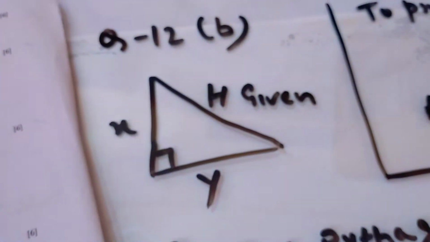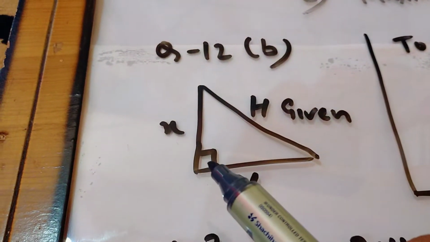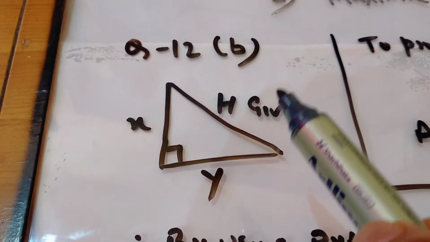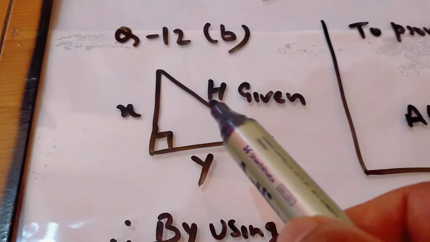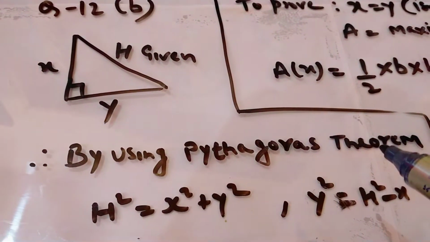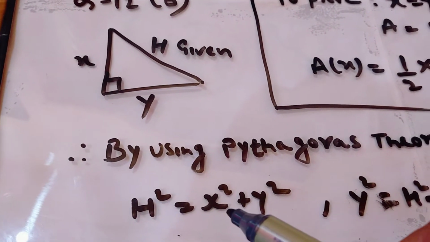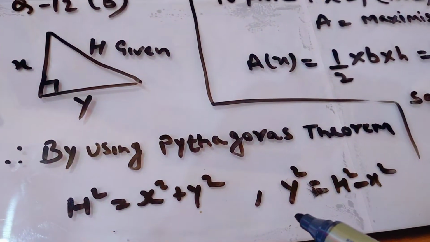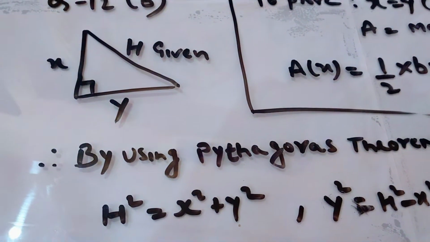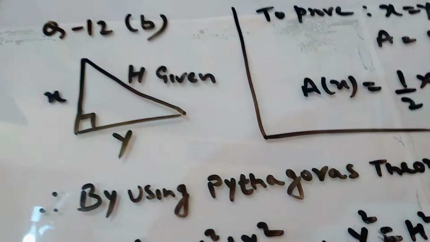This is our triangle. This is a right angle triangle. Perpendicular we don't know, base we don't know, but it is given that the hypotenuse h is constant. So if I apply the Pythagoras theorem in this question, it will be h square is equal to x square plus y square, and from here the value of y square will be h square minus x square. Okay, now what you have to do,